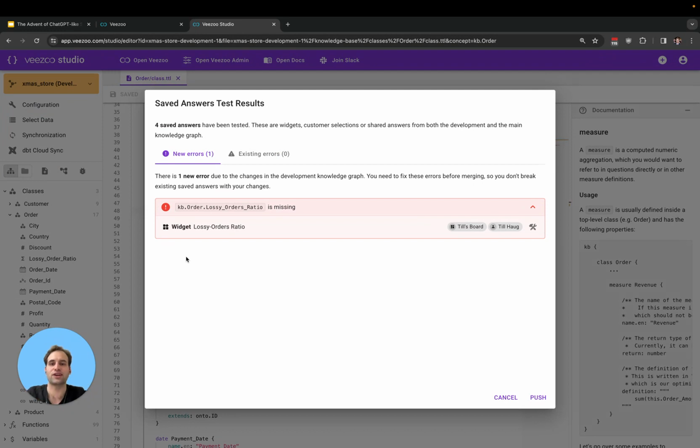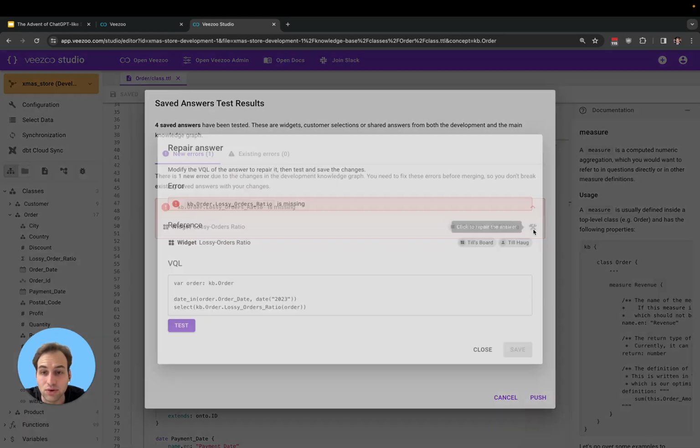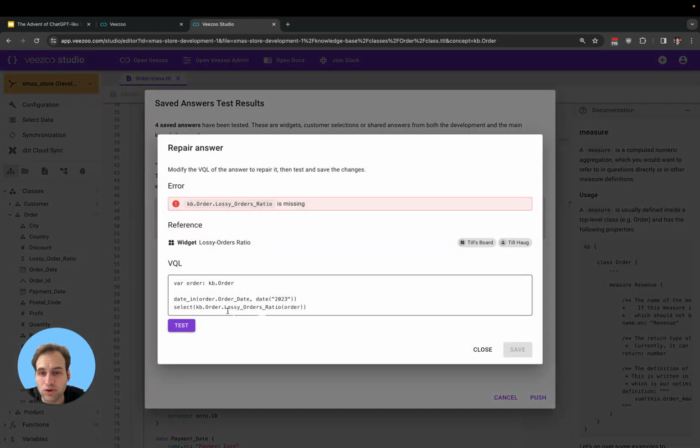And you can see that here I now get this warning because Veezoo tested all the widgets and the shared answers that the users have created, and it tells you, hey, you would actually break this widget here from tailhaug in tailsport because the kb.order.lossy orders ratio concept is missing. And if you remember, I just a second ago renamed it from lossy orders ratio to lossy order ratio. So what I can do now, I can say, oh, okay, this is actually